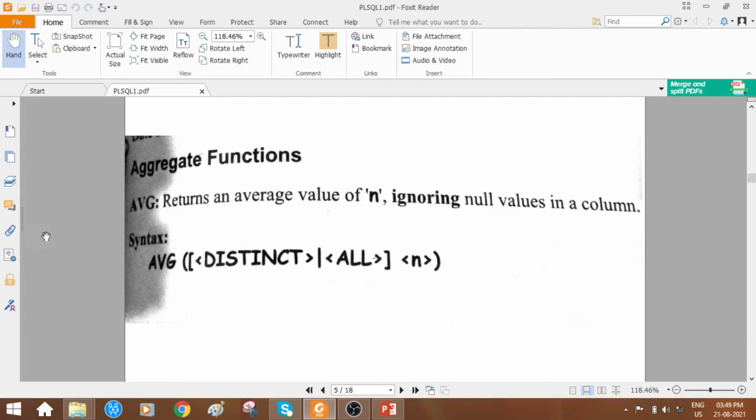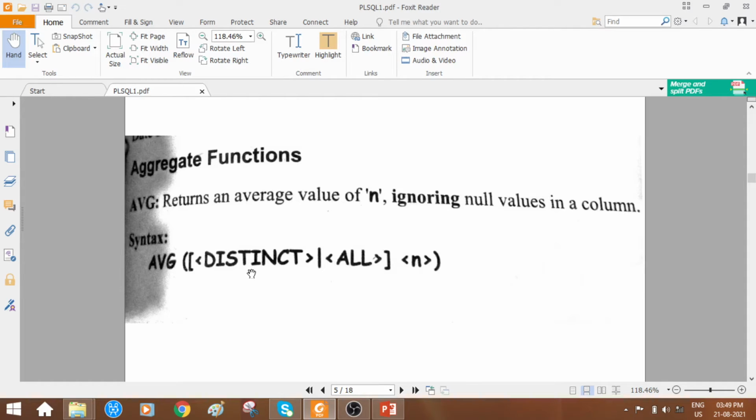So how does the syntax go? AVG is a keyword, the function name. Here we have DISTINCT, ALL, n. So what is this? How do we apply this? I mean, average of which column? Is that clear? Among many columns, many attributes, for example, suppose I am saving 10 students' marks in a table.